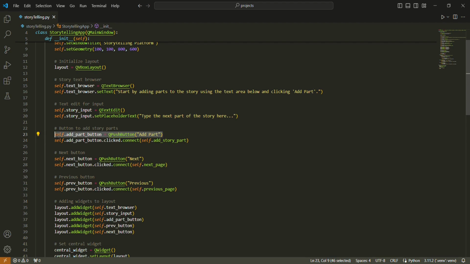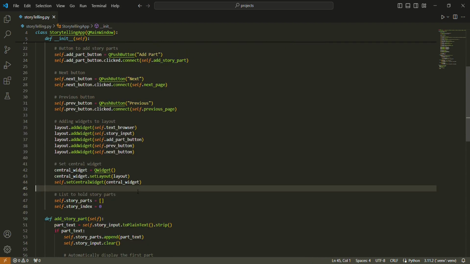So here we are defining the button add part, and here we are connecting the button with the functionality, and the functionality for this is defined in the add story part method.